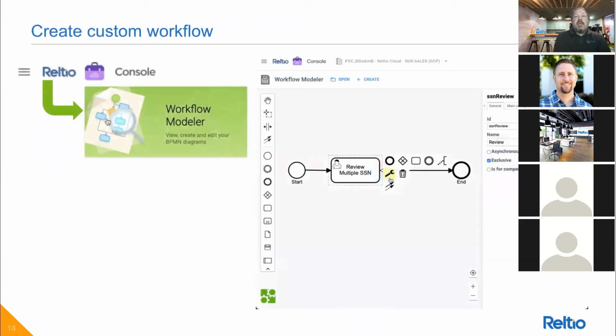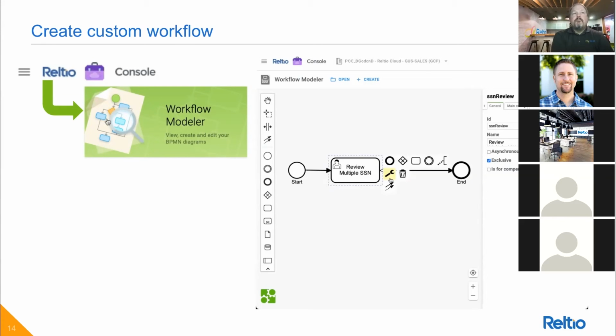So for our demonstration today, we're going to use what is potentially the simplest possible workflow. It's simply a single step where we're going to acknowledge that a record has multiple social security numbers associated with it. So just using standard Reltio configuration, I've allowed, using an aggregation survivorship strategy, records that have multiple social security numbers to be aggregated, allowing the duplicate or repeating social security numbers to be seen. And we're going to trigger a workflow here to notify a business user that they need to review these records and potentially remediate or deactivate the